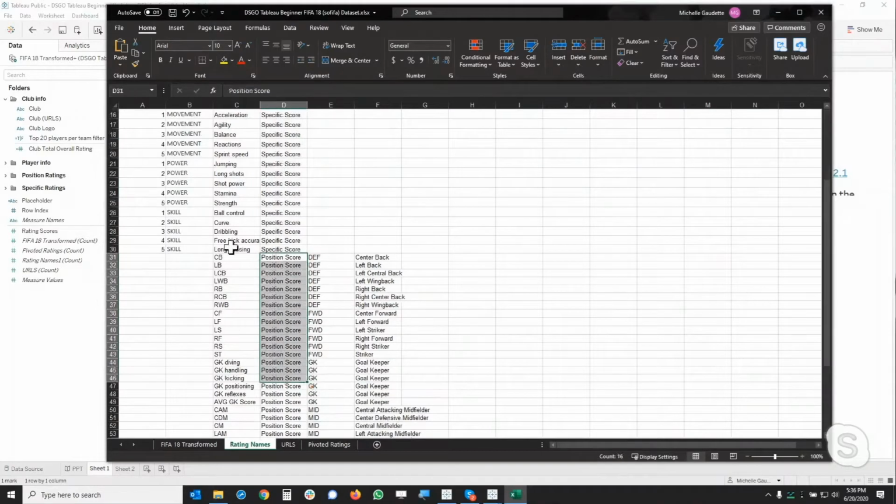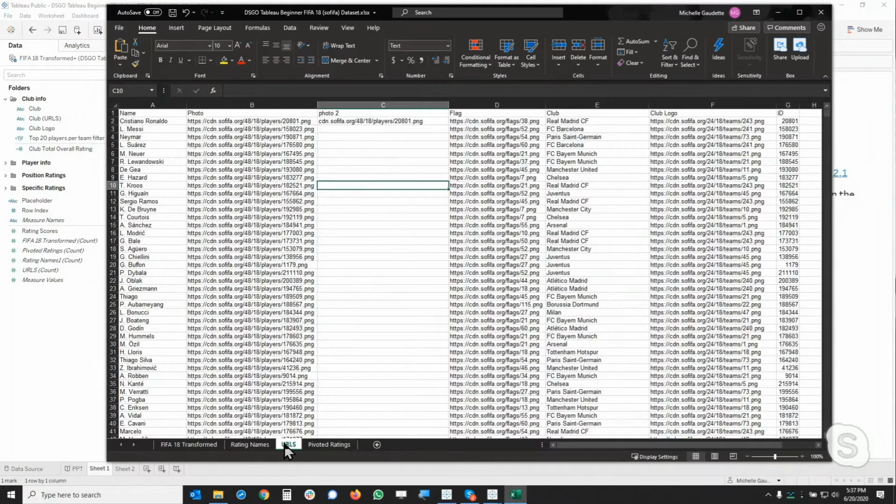Some of these scores were related to their strength in a position, if they were a center back or a striker, right? If they were a striker, then what score they received for their particular position. So I divided those two score types up, and that just gives me another way of looking at my data when it's time. I also took the URLs, just in case anybody's interested in having those, and I put those